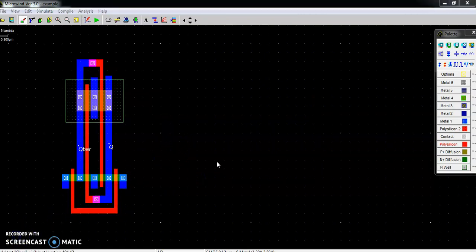Now to write 1 into SRAM we have to connect VDD to bit and VSS to bit bar. Also we have to provide VDD, that is active high, to WL line.